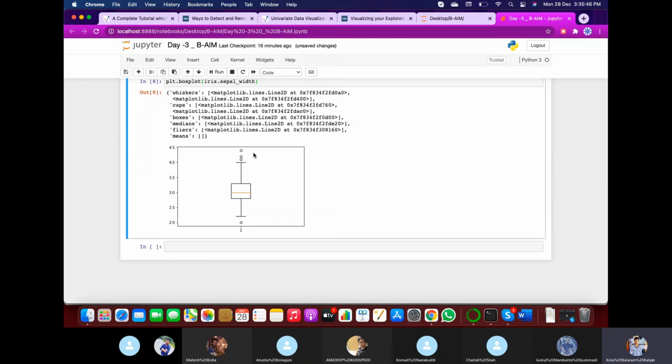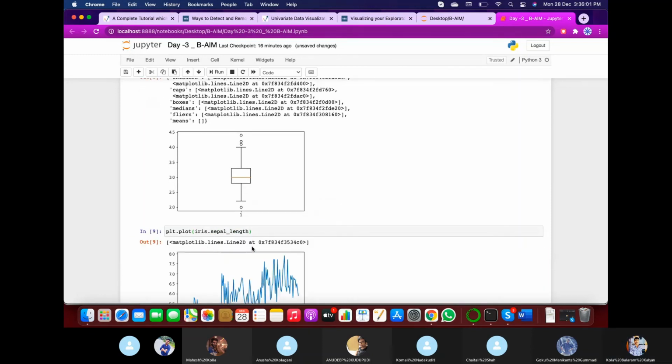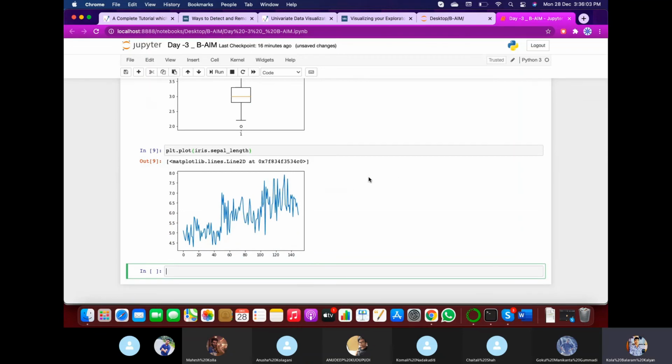Similarly, plotting plt.plot of iris.sepal length can be a univariate graph which can be used to identify the trends. You can load any other variable.